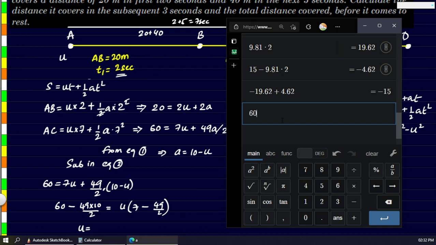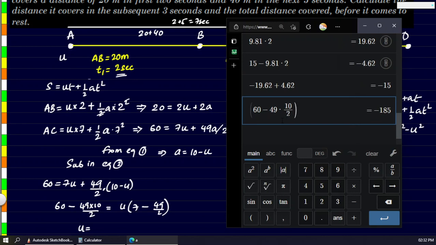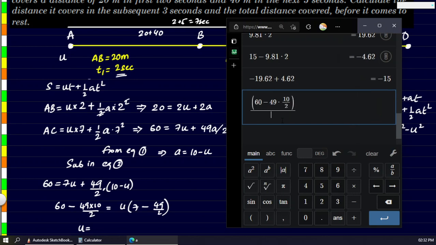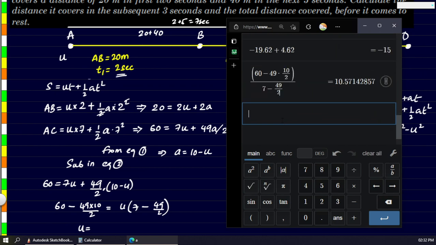So let's find this. So 60 minus 49 into 10 divided by 2, and this whole value we'll have to divide by 7 minus 49 by 2. If you have a modern scientific calculator, we'll be able to feed the equations exactly like this, and we'll get the answer. We're getting U value as 10.57,